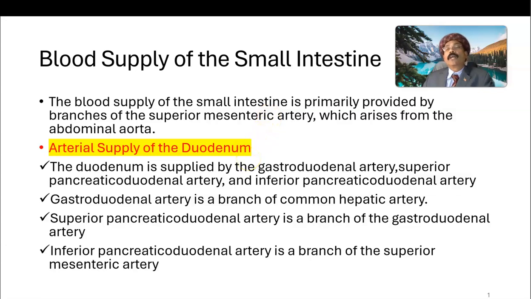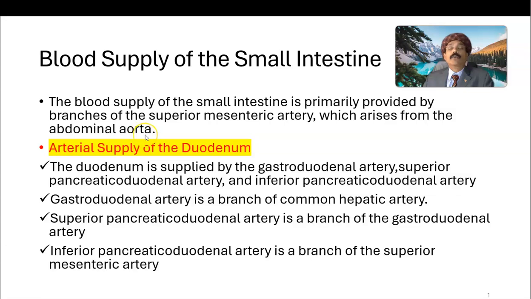Today I will discuss the blood supply of the small intestine. I'll discuss the arterial supply, venous drainage, as well as the lymphatic drainage of the small intestine. We know the parts of the small intestine: the duodenum, jejunum, and ileum. The blood supply of the small intestine is primarily provided by the branches of the superior mesenteric artery, which arises